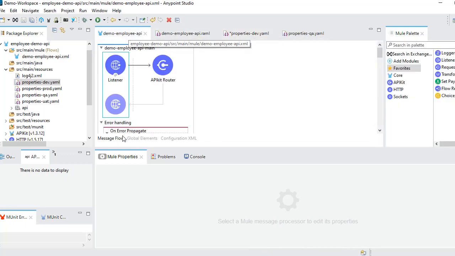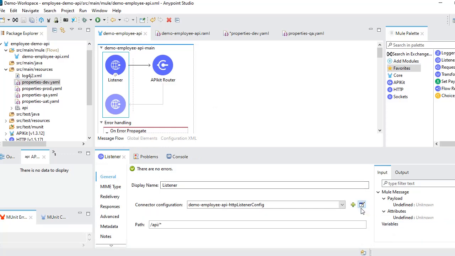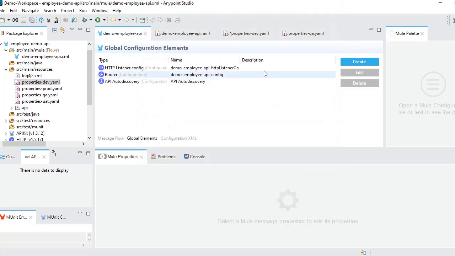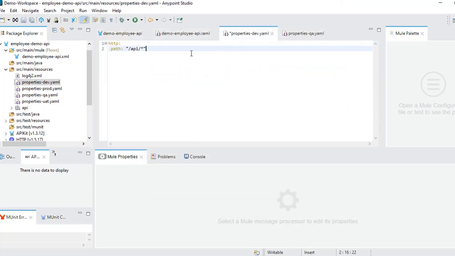What is the other one? The other one is the port. Here they have hard coded, we hard coded it earlier as 8081, right? Let's copy this port and go to HTTP dev. The root name is the same because we are configuring the HTTP endpoint only. So let's leave the root name as HTTP, and this value is port. You can name it port and give your value in quotations, 8081. So we have configured dev properties.